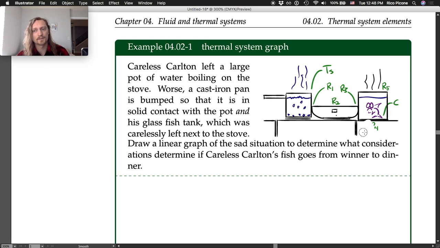So, temperature of pot of boiling water is pretty consistent, so we could say it's a temperature source, some constant temperature. And contact object allows it to conduct heat. However, the interface between these two objects is going to resist heat flow. So we call that a resistance, contact resistance R1. Heat will conduct through the pan,